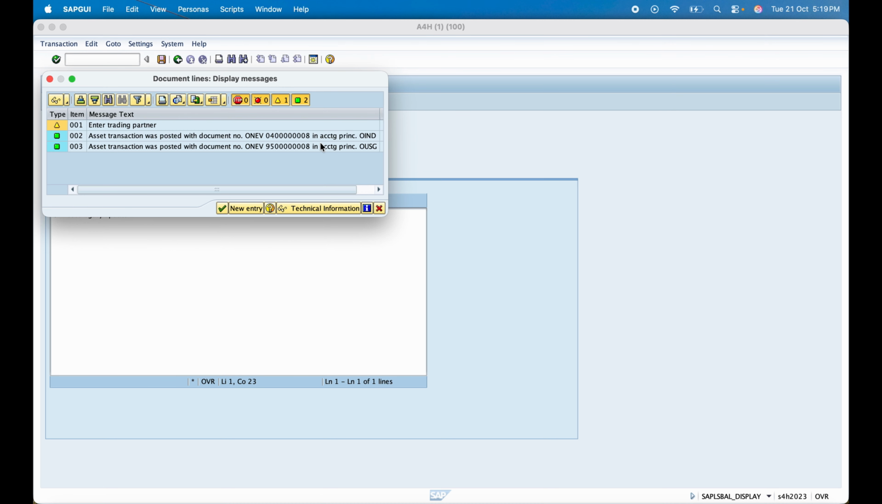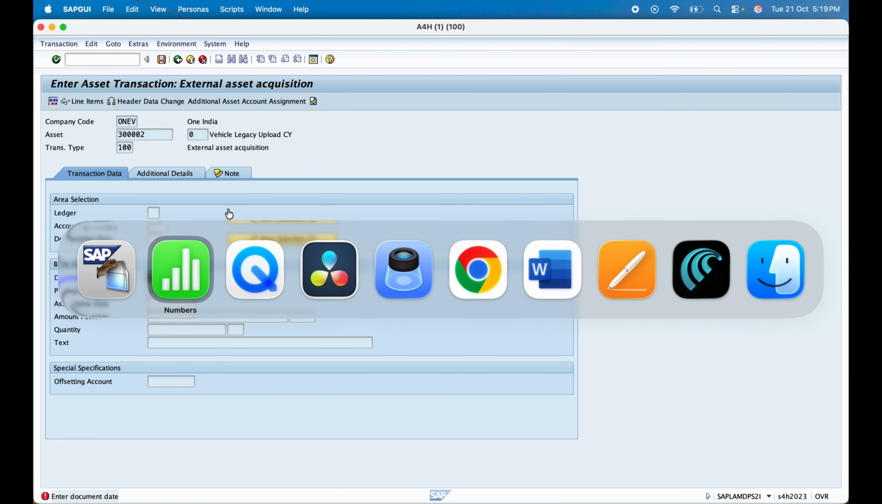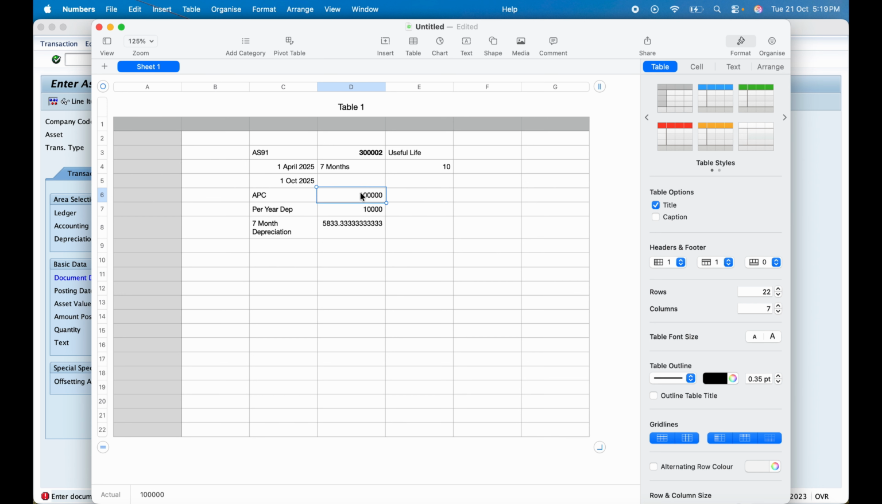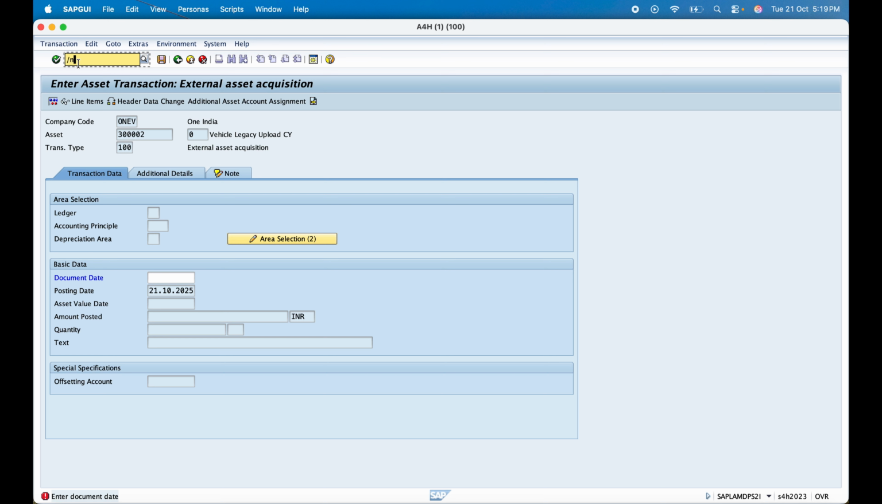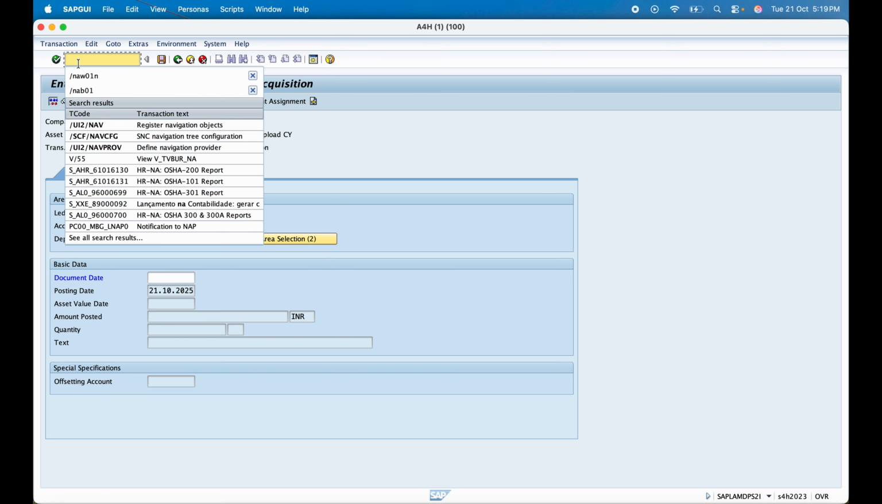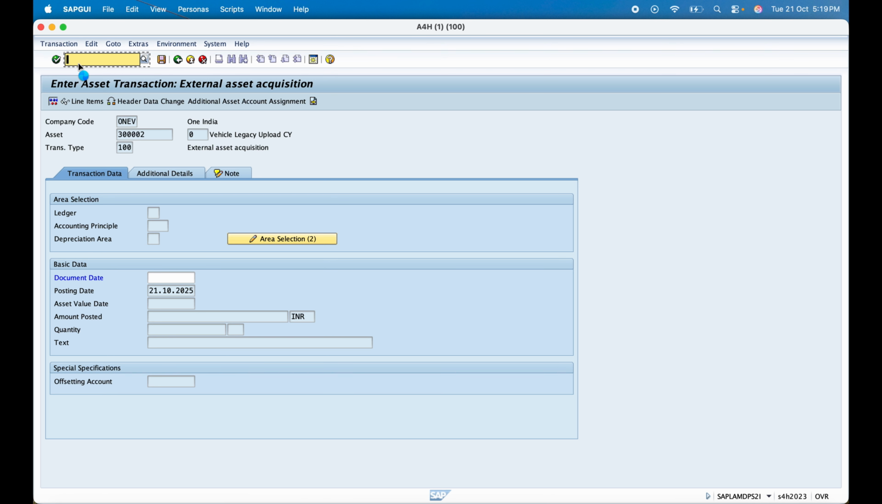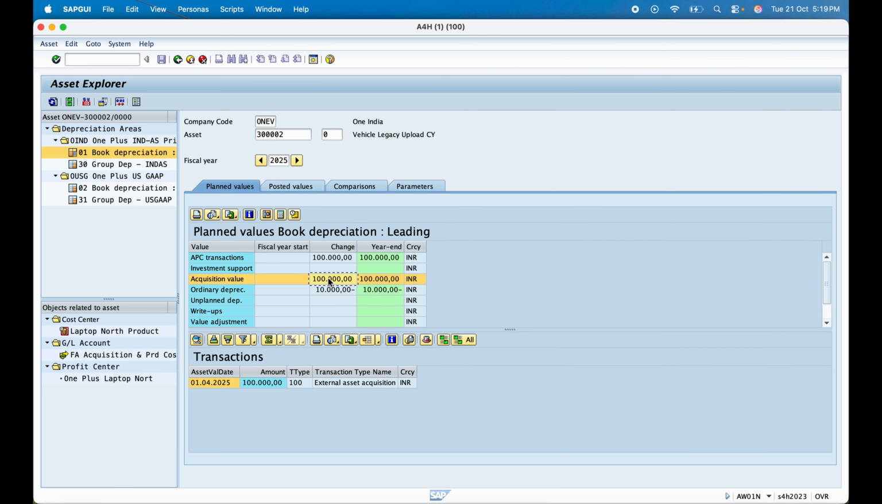Two documents have been posted for two accounting principles. One is for Ind AS and one is for US GAAP. So we have entered this value into the system, that is acquisition production cost. Now go and check into the Asset Explorer. AW01N is the transaction. So acquisition value is 1 lakh, 10,000 is the ordinary depreciation, and this is the transaction we have posted,